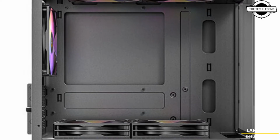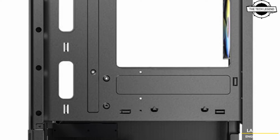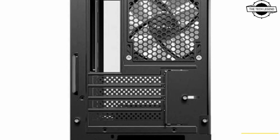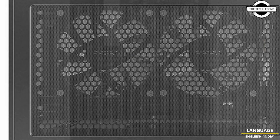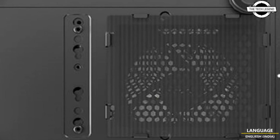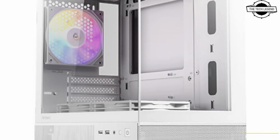Fan mounts include a 120mm rear exhaust, two 120mm top exhausts, and two additional mounts along the partition that divides the upper and lower compartments and seals the bottom compartment. Panels have perforation. These fans essentially serve as intakes guiding air through the drive cage, and